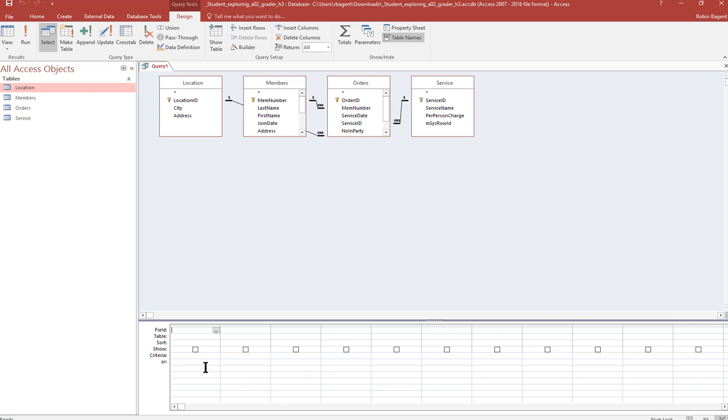Add the following fields to the query in this order. So the first one I want is service date, and that's from the orders table. So I'm going to go to orders and look for service date, and then I want city from the location. From the orders, I want number in party. So orders,